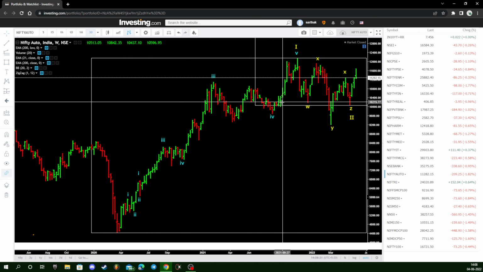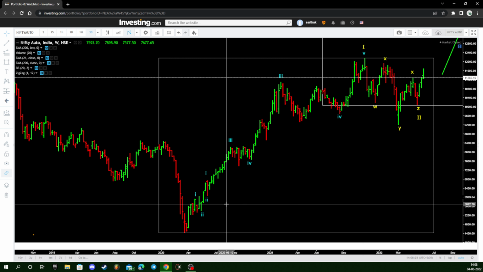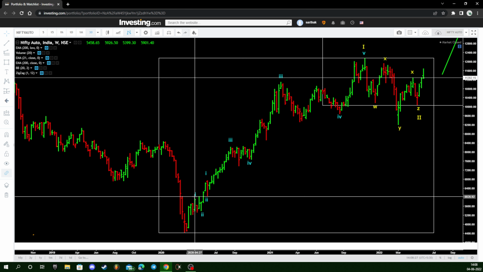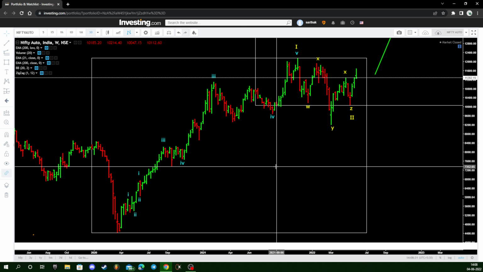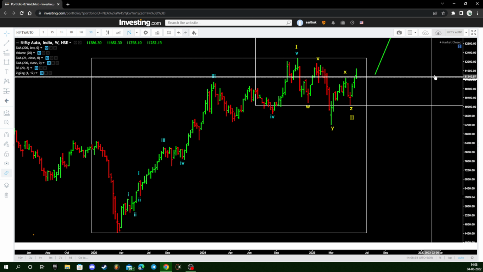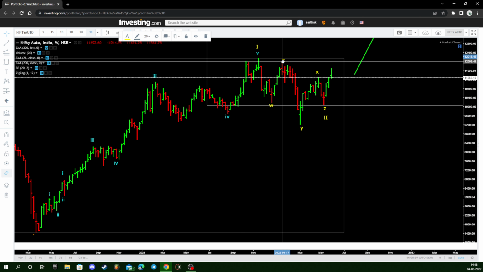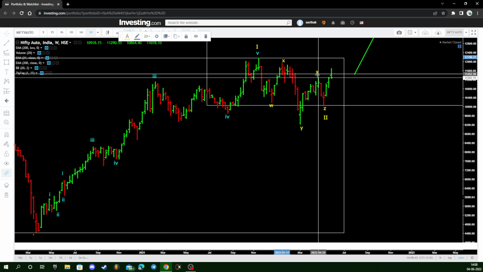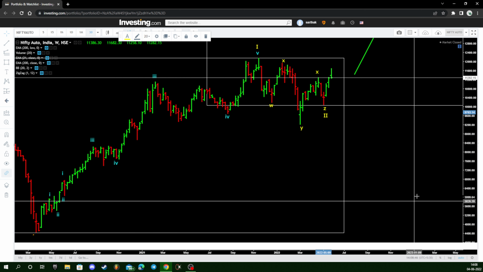So this is the auto index chart, and overall we have completed a 5-wave advance, 1 2 3 4 5. So according to my report which I had written on tradewithsarthak.com, you can see that I have labeled this as a W wave, this as an X wave, this as a W wave, X wave, and a truncated Z wave, meaning that the wave 2 correction is over.